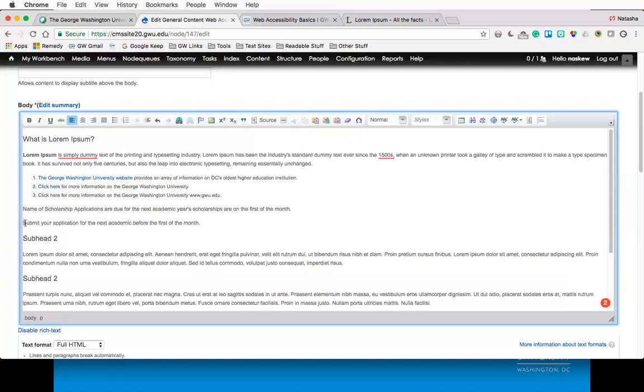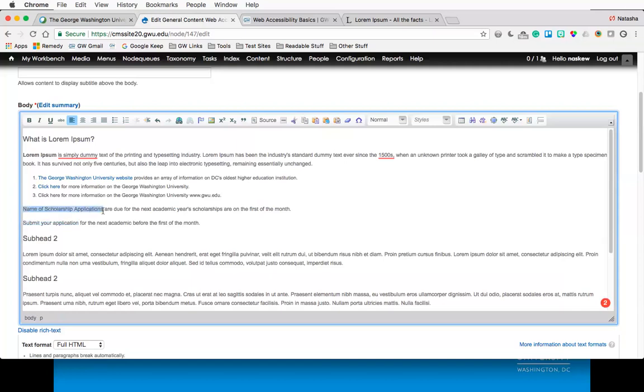I can't get my cursor in there. You can make those words your link, because here, again, if all I'm hearing are the words submit your application, then I'm going to understand clicking this link is going to perform that action. It's going to take me to the application that I can fill out and perform the action that I need to do. And the one above it, if it's just saying name of scholarship applications, then I can surmise, okay,